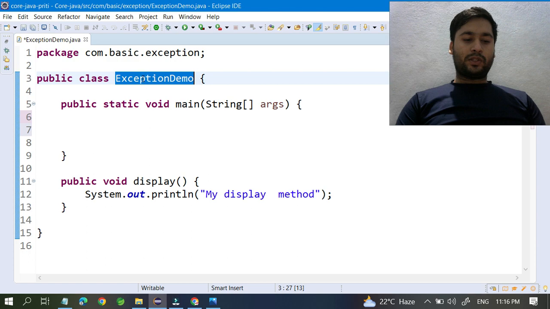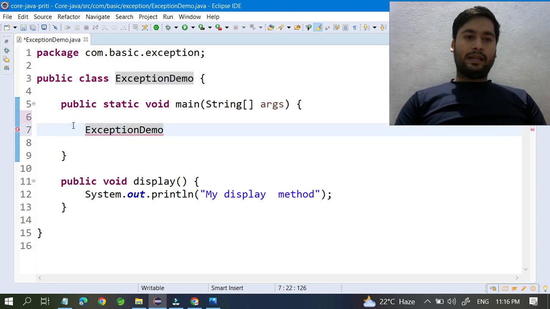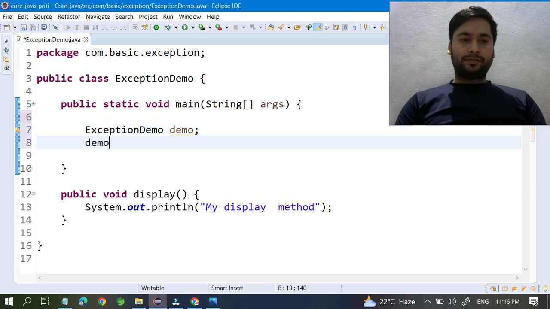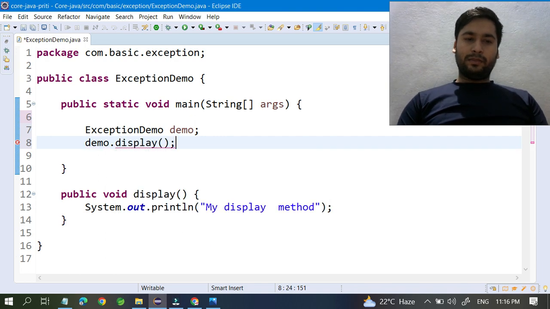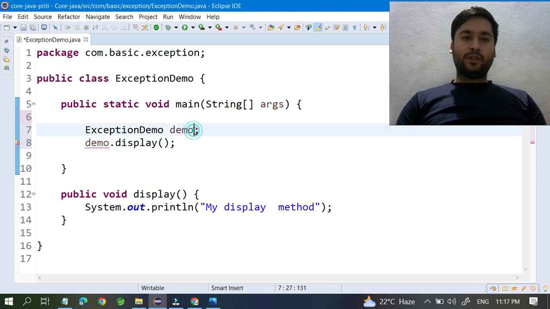And here I can call this method through the exception demo. So I simply came here and I have written ExceptionDemo, and through the demo I try to call the display method. demo.display is saying the local variable demo must be initialized, so I will initialize it with null.